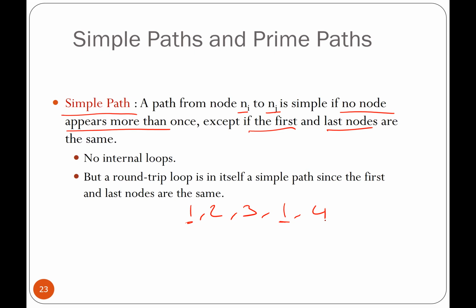No. Yes. No. All right. Because although 1 has appeared twice, it's not the first and the last. Okay. So this is the only exception where the same node can show up twice, is that if it has